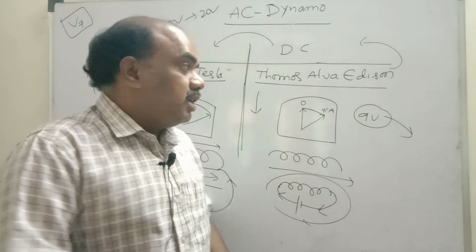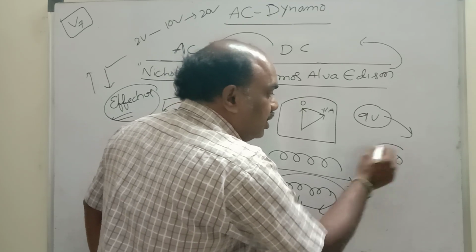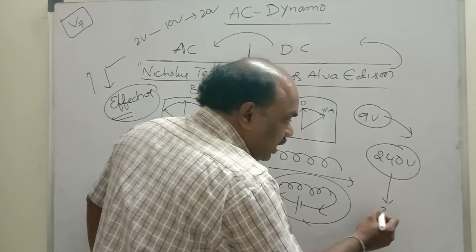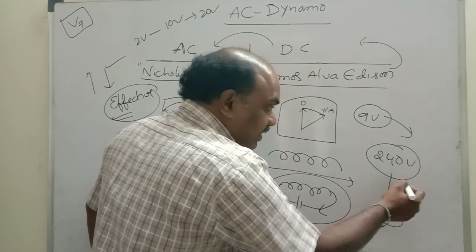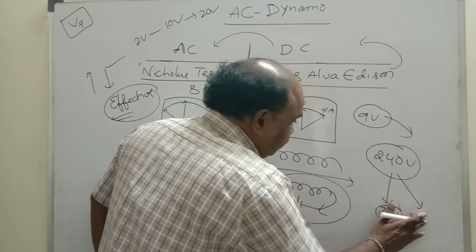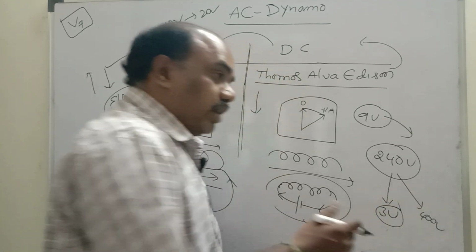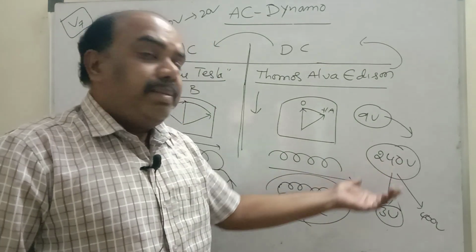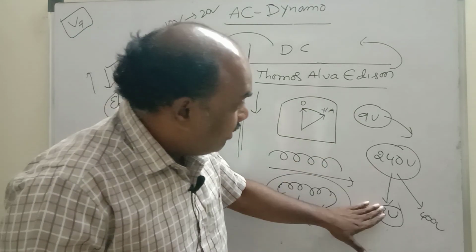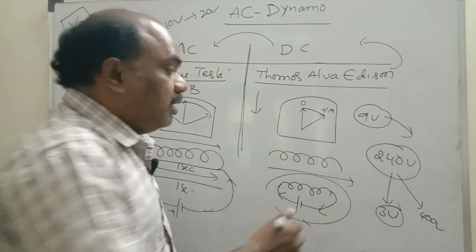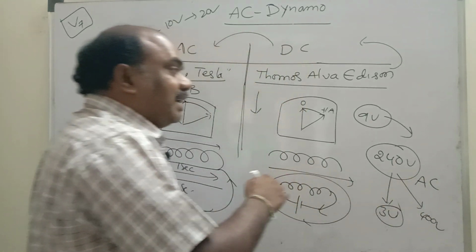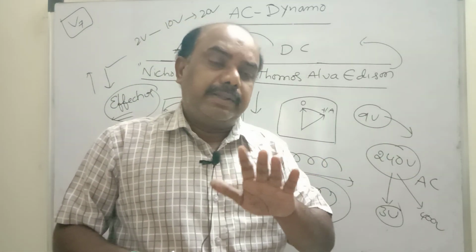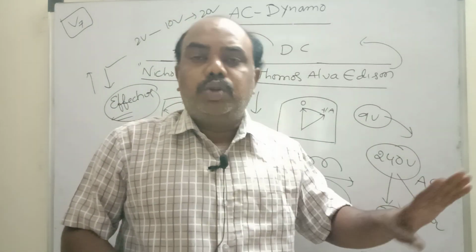For example, in our household consumption, 240 volt potential difference is supplied. If you put on a phone charger, it converts this into 3 volt. If you switch on an AC, it converts into 400 volt or something. That means you can increase or decrease the voltage, depending on the device used. Voltage can vary in AC, whereas in DC it is not possible. A car battery of 9 volts you cannot increase or decrease. Consistently it provides 9 volt only.